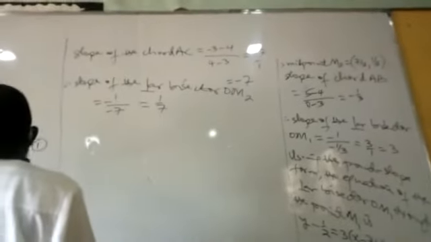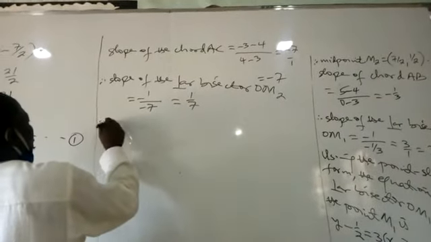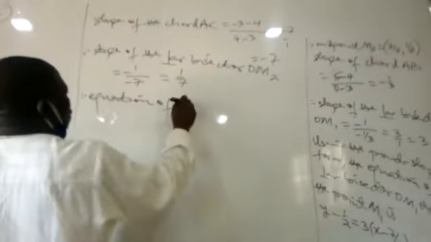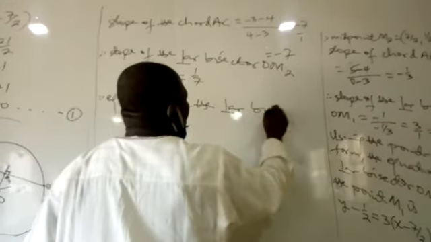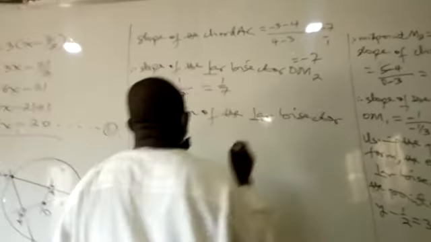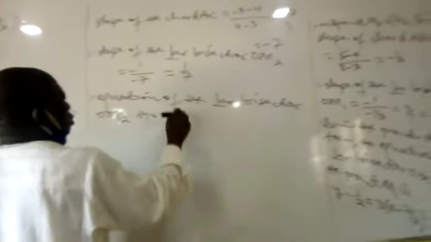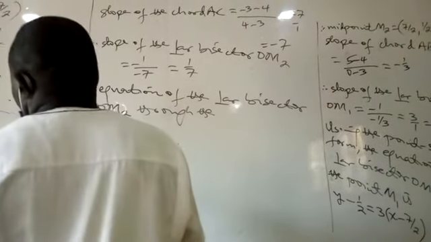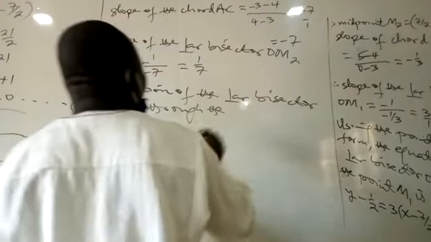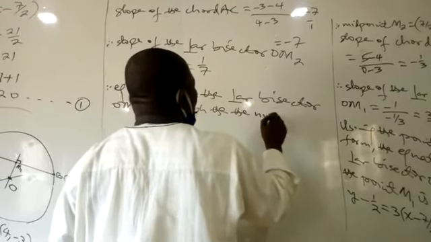Now, I can determine the equation of the perpendicular bisector. Therefore, the equation of the perpendicular bisector OM2 through the midpoint M2,